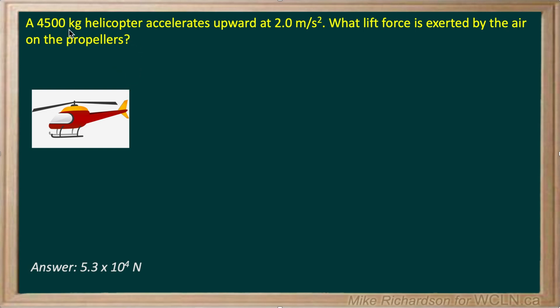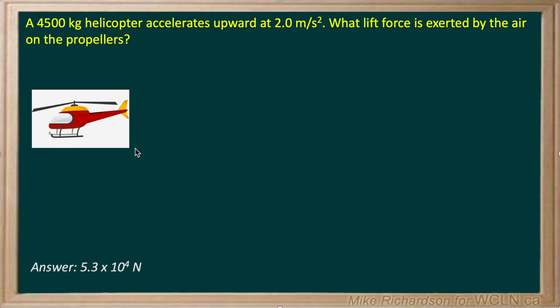Okay, we've got a 4,500 kilogram helicopter accelerating upwards at an acceleration of 2.0 meters per second squared. What lift force is exerted by the air on the propellers? Now, Newton's second law says there's a net force in the direction of the acceleration, and we can calculate it